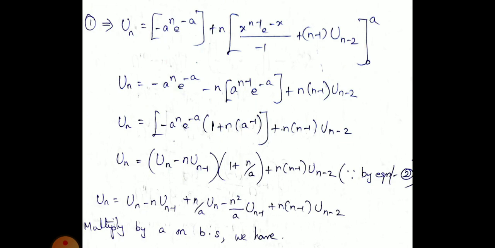Take the first term, that is -a^n e^(-a). Then apply the limits there. So -n a^(n-1) e^(-a) + n(n-1) u_(n-2). Now u_n equals, taking -a^n e^(-a) common and out: -a^n e^(-a) [1 + n a^(-1)] + n(n-1) u_(n-2). Now u_n equals,